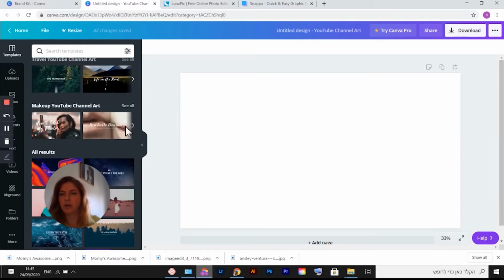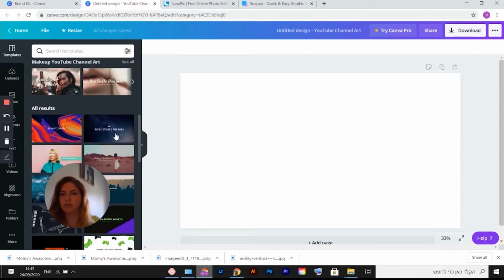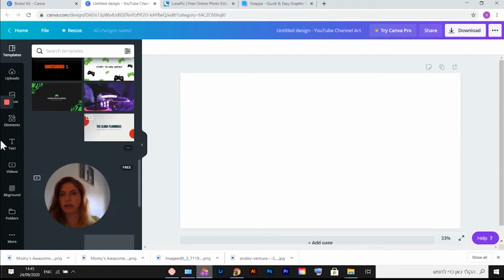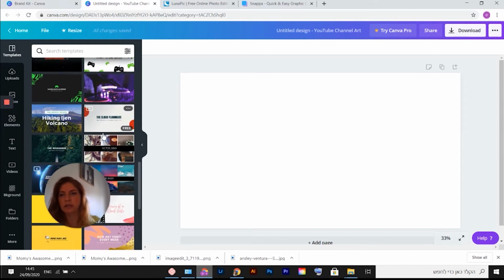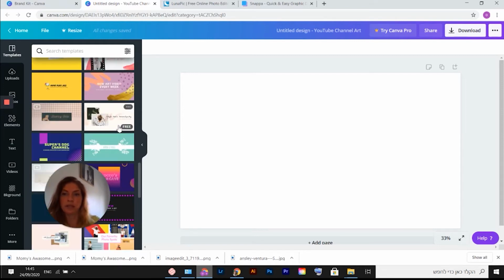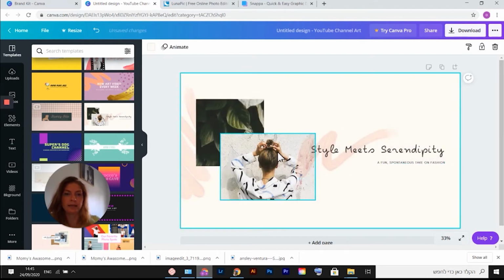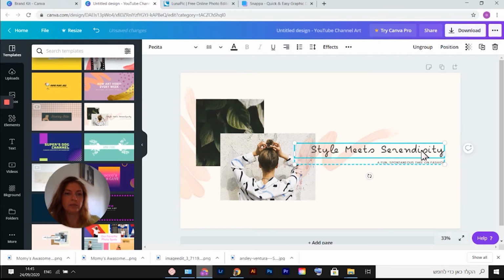And I just want to show you how nice it is to just use the templates instead of starting from scratch. Of course, you can start from scratch, just add elements and picture, and it's going to be the same or almost the same as what you see. Let's say this one. This is a really nice one and it's free, so you can use it. I like this style. Now you just click twice and remove this and say,